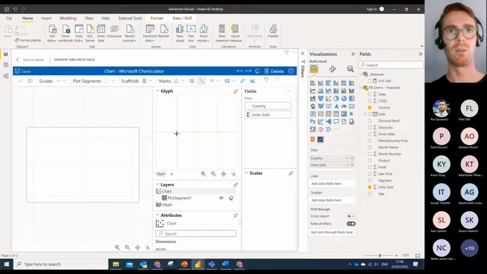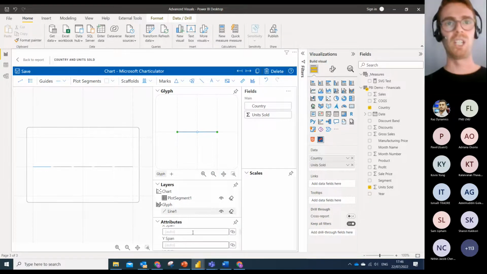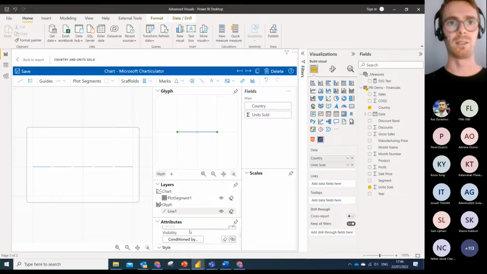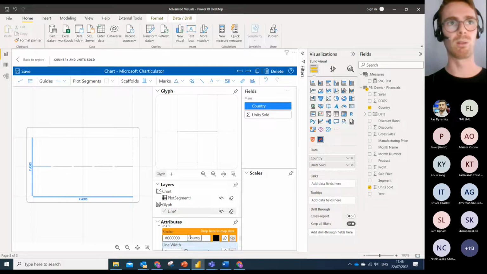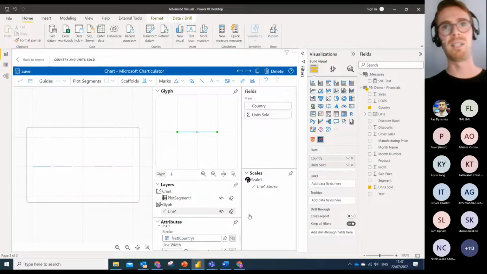So what I'm going to do for now is draw a simple line there. Then I'm going to start to change the properties of these lines. So the first thing on the color is I'm going to draw country on top of the stroke color. And you can see, I'm not sure if that's visible, that's already starting to change the color. So that's basically a dynamic way to affect the properties